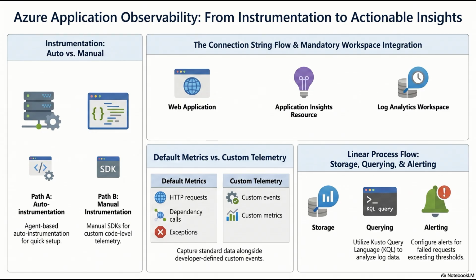Like custom events. Yes, you can use a method like trackEvent, empty cart clicked. Now, every time that function executes in your code, a discrete event is logged, and you can attach custom properties to that event, like the user's region or their account tier. What about custom numbers, like the value of the cart? You can use the trackMetric method for that. It records arbitrary numerical data calculated by your business logic, like the total monetary value of the items that were just deleted from the cart. So you're blending operational data with business data.